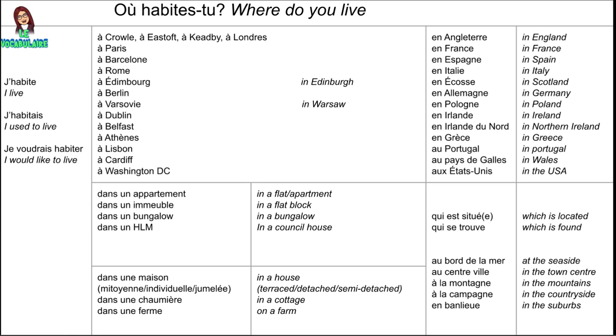I could say j'habitais dans un appartement qui se trouve au bord de la mer, and I've extended my sentence that way. Now, this is really important for the next task, as you are going to write independently using the information provided in this sentence builder about where you live, just to get us kicked off with this topic and to get us reminded of some of the key phrases that we had here.